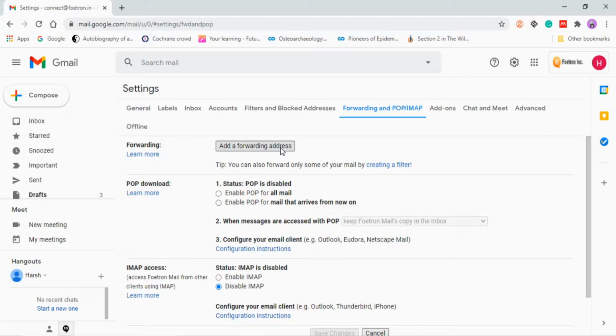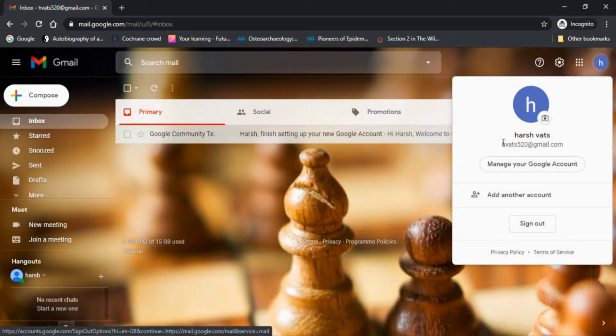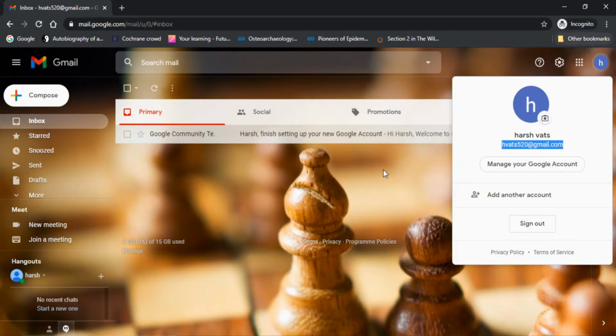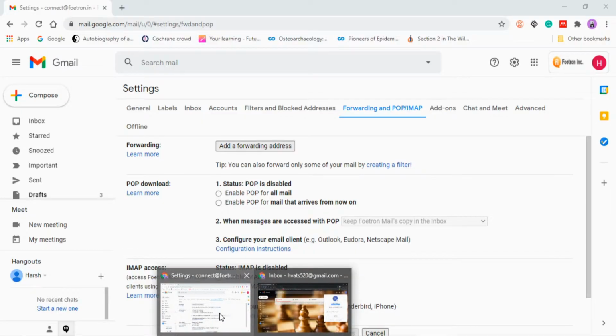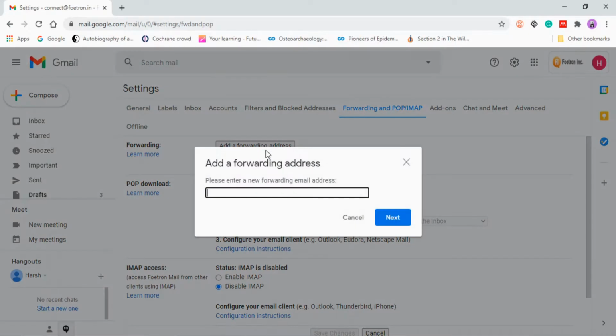I have another mail open in my incognito mode, that is harshwats520@gmail.com. So this is our mail. Now let's copy this from here, Control C, and we will go back to our email. There we will add the forwarding address. So now the forwarding address is this.